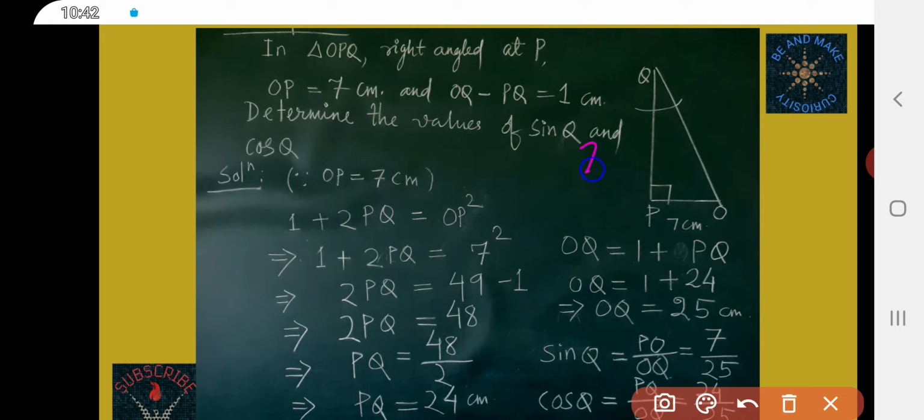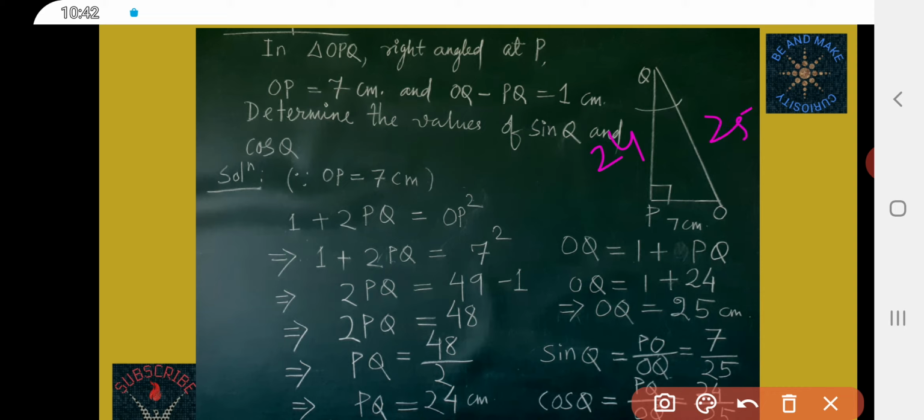So PQ we got 24 centimeter. Now you find OQ. Okay, OQ is equal to what? 1 plus PQ. Okay, so OQ is equal to 1 plus 24, that is equal to 25. So OQ is equal to 25 centimeter. So PQ 24, OQ 25